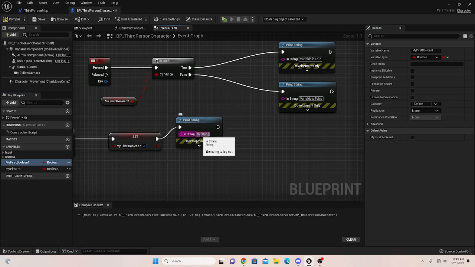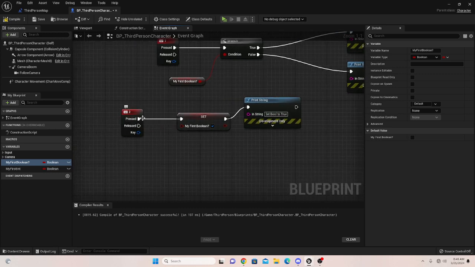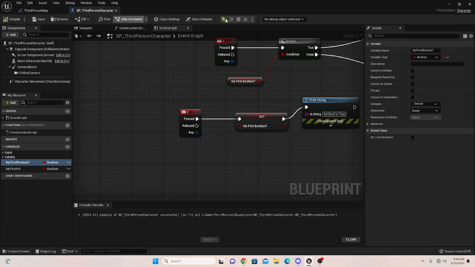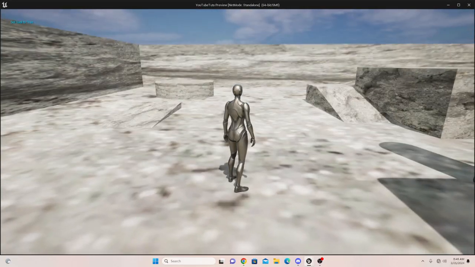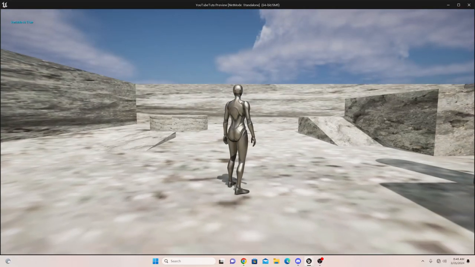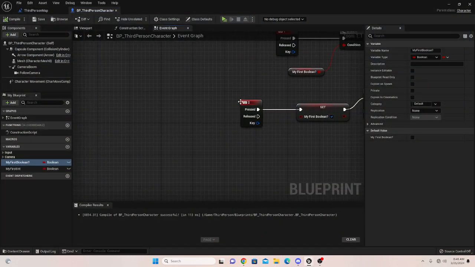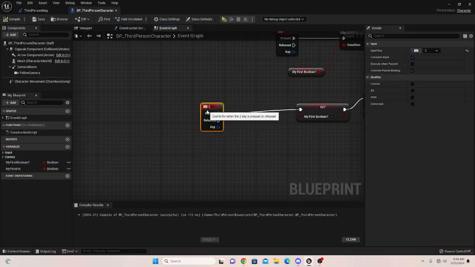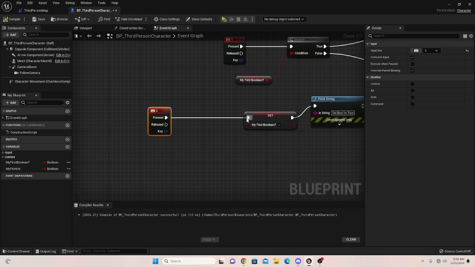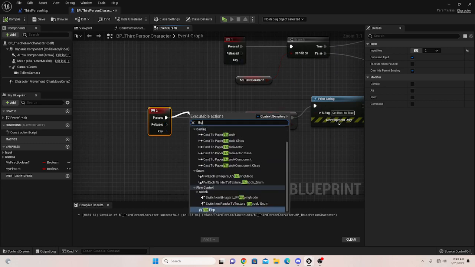set bool, short for boolean, to true. And then we can compile and save and then test this out. So 2, we set it to true. 1, it's true. Okay. One thing we could do is if we wanted to turn true the first time we press 2 and then turn false the second time we press 2, there's this thing called a flip-flop. So if you drag out on the pressed node and search up flip-flop,